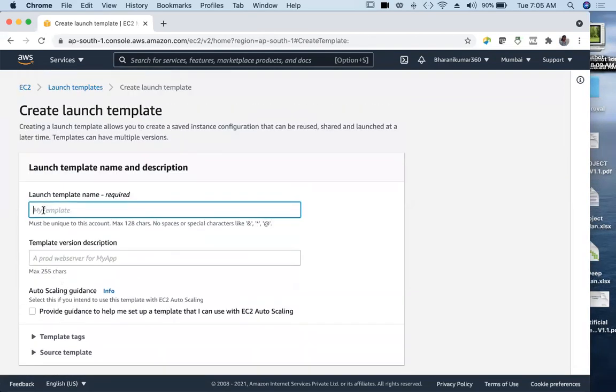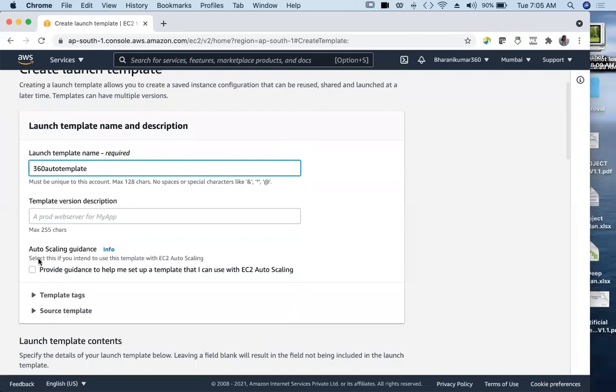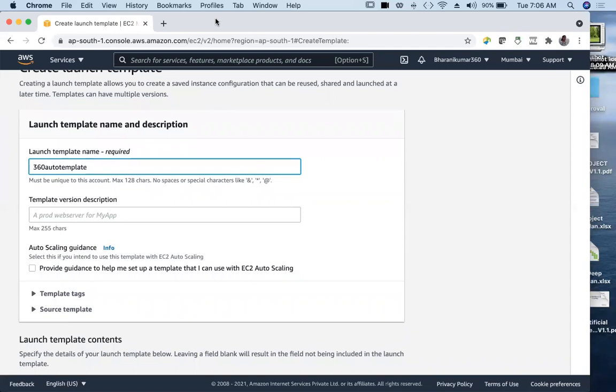Let's say this is the name, and select this if you intend to use this template for EC2 auto scaling. As I said, these templates can be used for different things. These templates can have multiple versions, and you can use these templates to create EC2 instances through programs, through CLIs, and also with auto scaling groups.